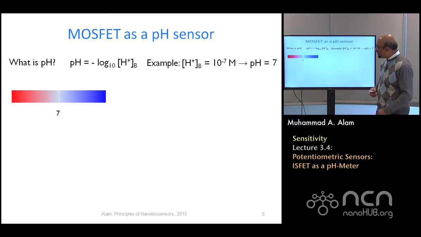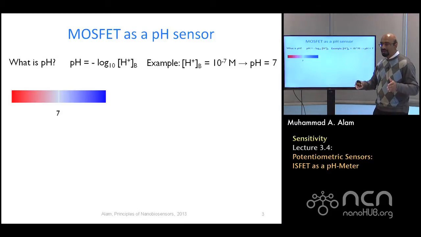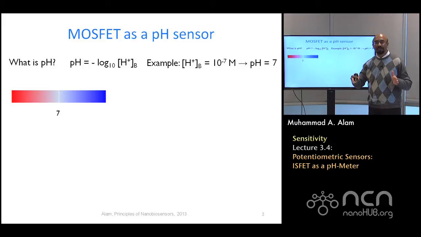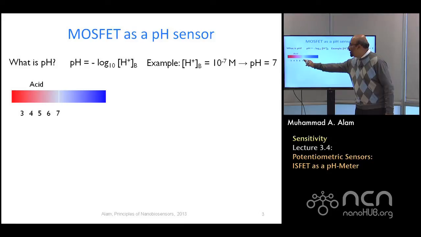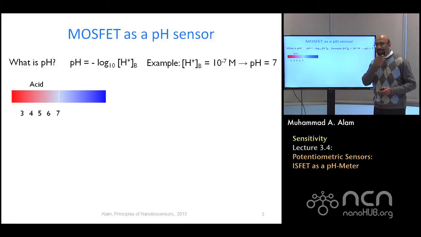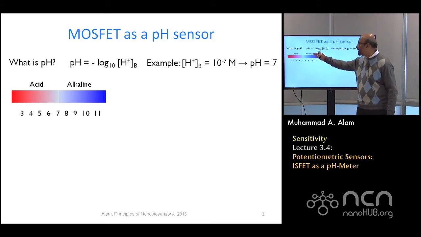Now, pH of 7 sits nicely in the middle. In water in particular, it turns out that the pH only ranges from 0 to 14. You cannot go more than 14 or less than 0. I'll explain in a little bit why it has to be 14, not 17, not 25. Within that scale, below 7, things are acidic. So anytime you have an orange juice and it tastes particularly tart, then we are on the acidic side. And from 7 onward, it will be alkaline or base.